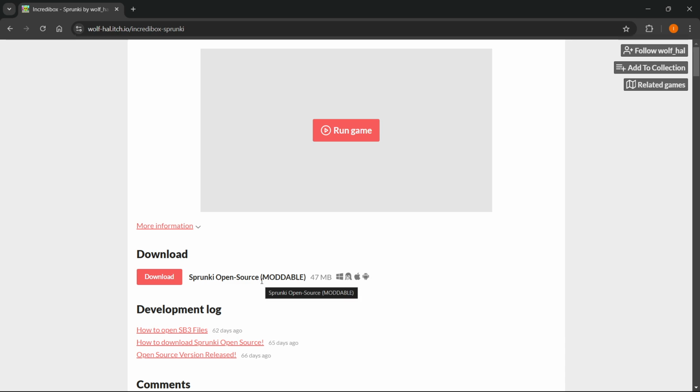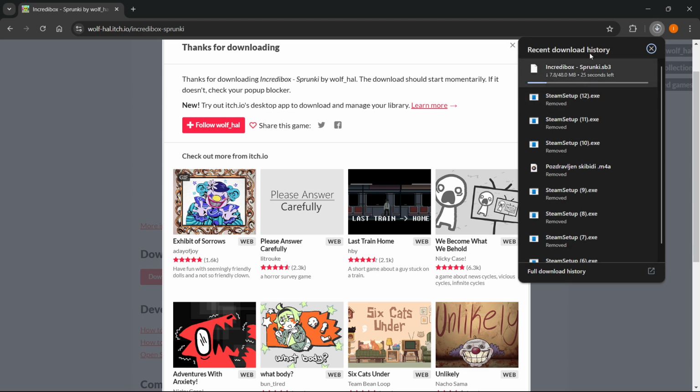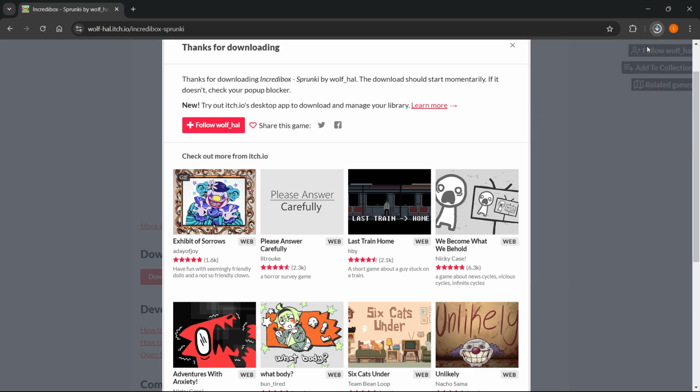Okay, and this is what we're looking for because this will give us the ability to actually do mods inside the game. And the way you do this is by clicking download over here, and this will, as you can see, automatically start the download of this Incredibox SPRUNKI in this weird kind of file, which is called SB3. Okay, now what you want to do next is wait for it to download,